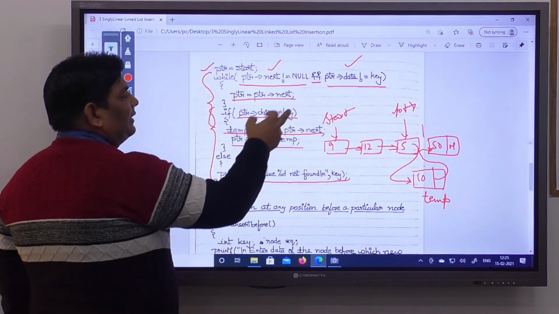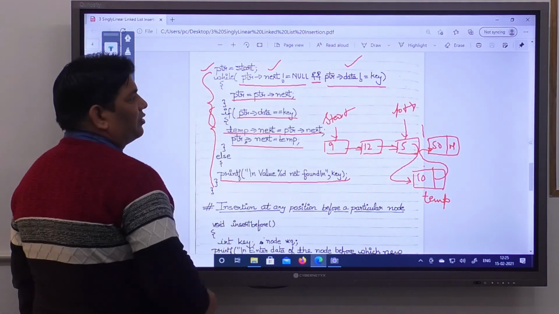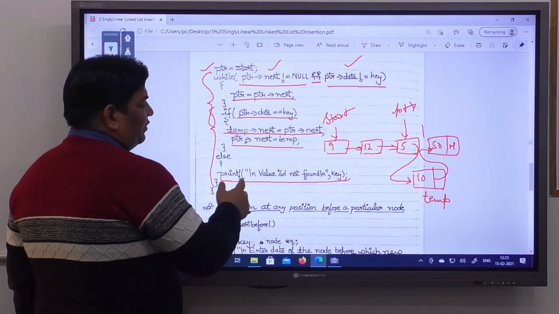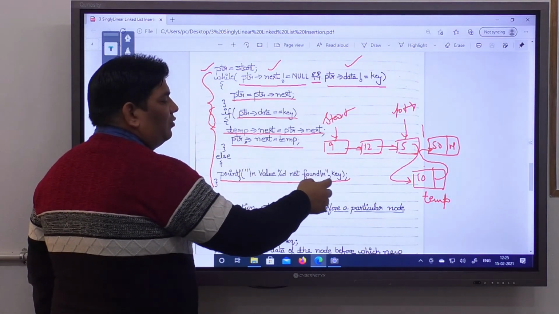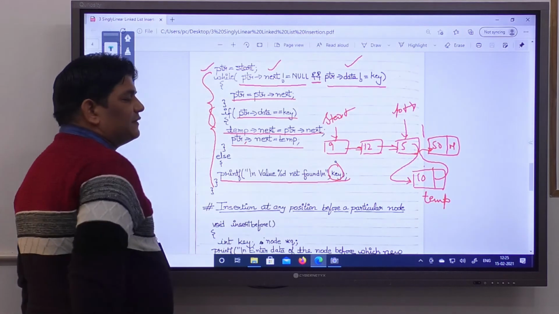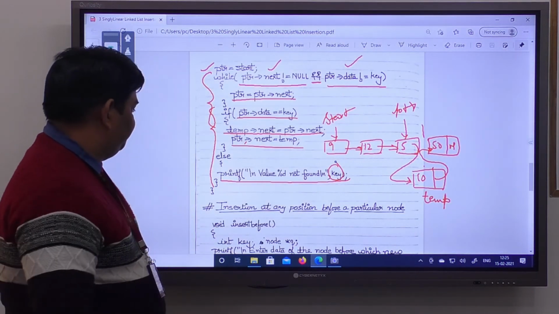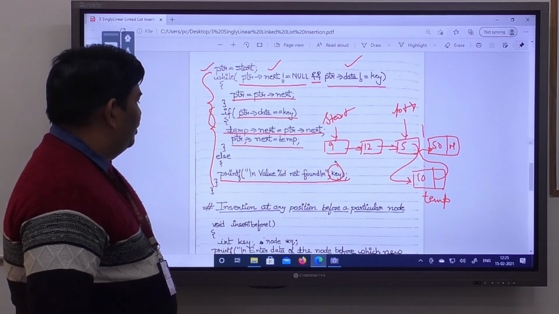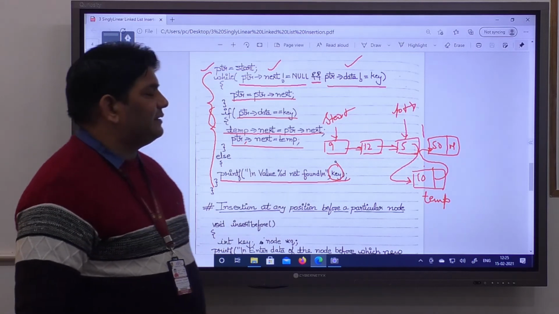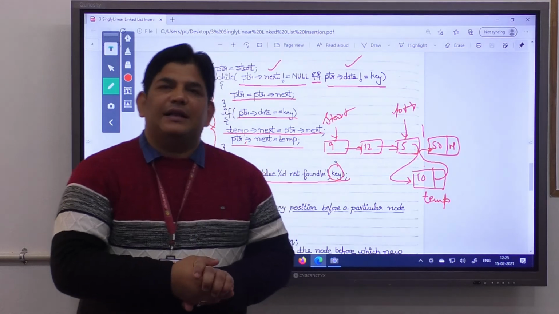That means your PTR data is not key, because PTR next is equal to null at the last node, and whatever key you inserted is not found. So this is the way you can insert in an already existing linked list.